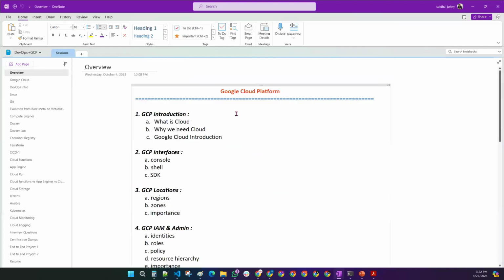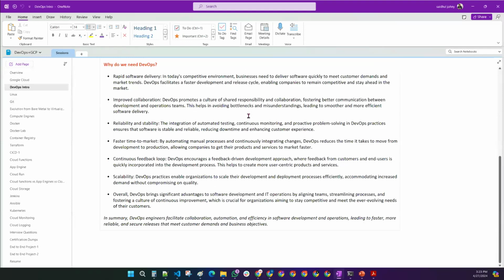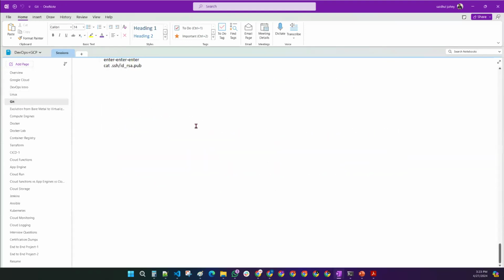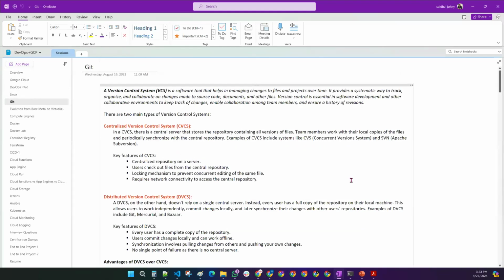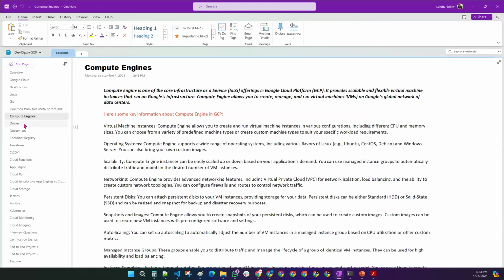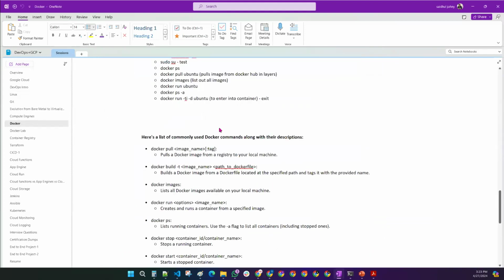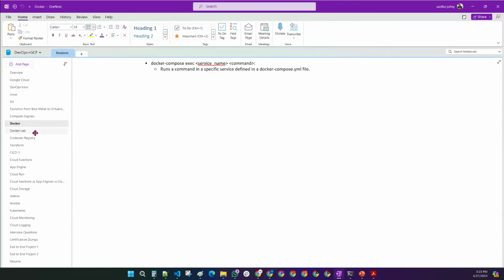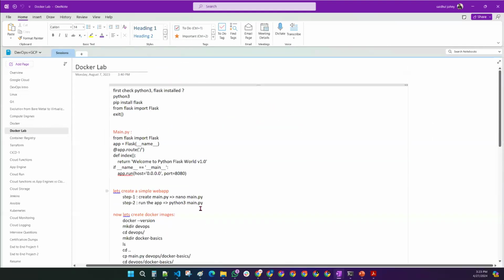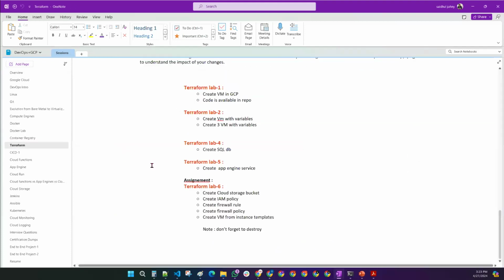Here we have the overview: what are the tools that I have covered here, what is Google Cloud Platform, DevOps introduction, Linux, Git, everything is here, guys. You don't need to go anywhere. The entire notes are already ready from the previous batches which I have run: the difference between bare metal, virtualization and containerization, compute engines, Docker and Docker Hub. We are going to see the Docker installation, the Docker commands, and how to work with all of these commands. And the Docker lab session, container registry, how to do the deployment with the container registry, Terraform,